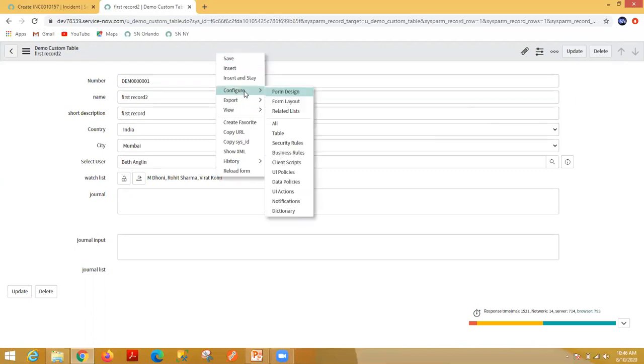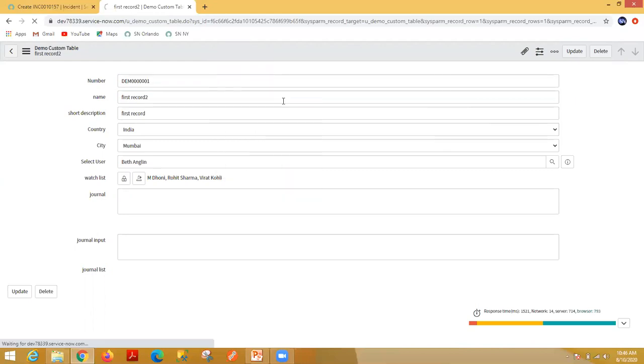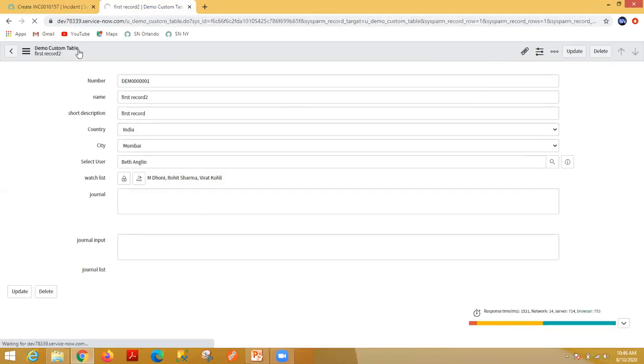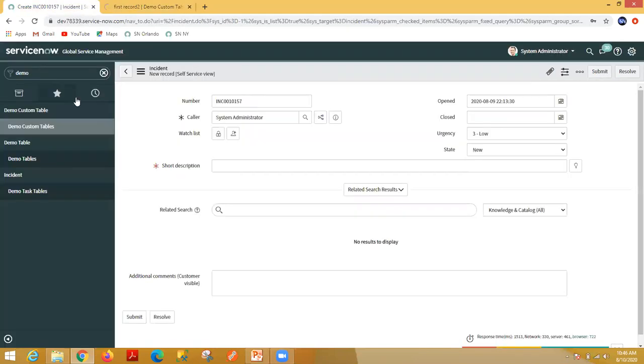You can do one thing, configure the form layout. This is one way. Currently whatever you are seeing is the default view.